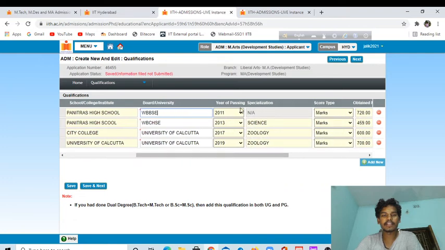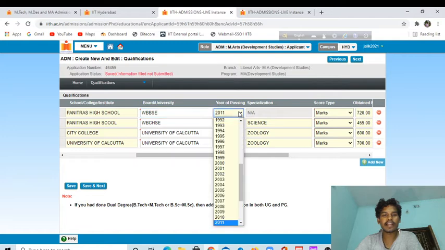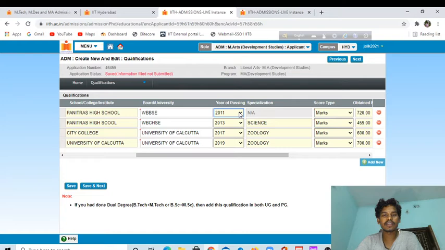And after that you have to put the year of passing of your 10th. Look, and there is no specialization in class 10, it is a general section.